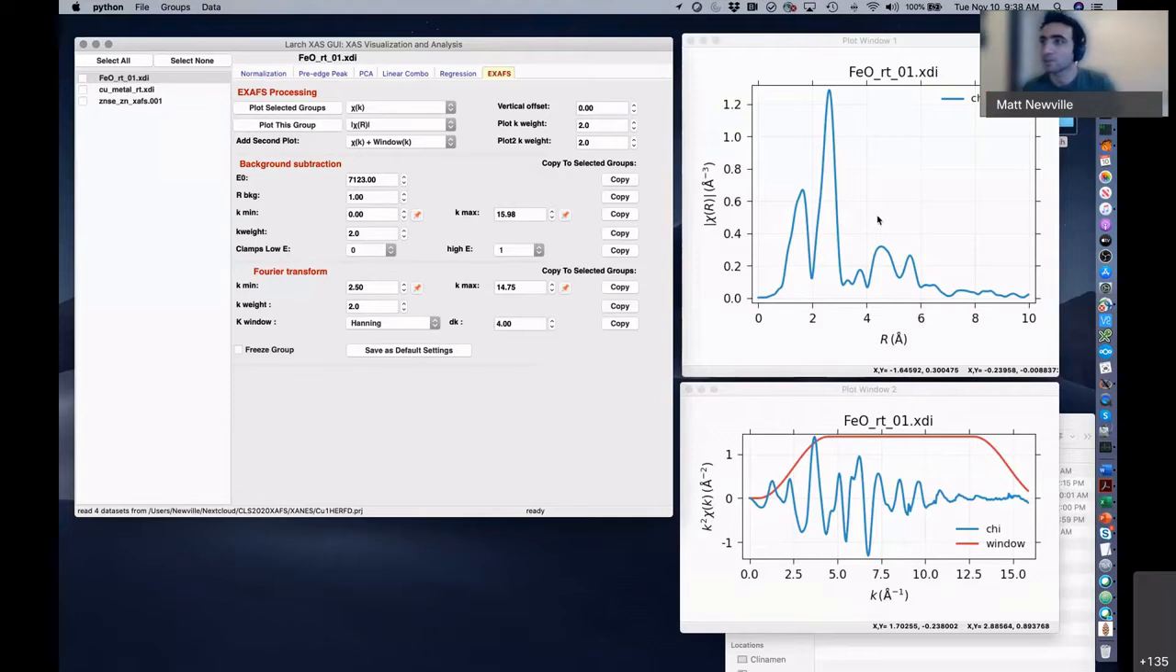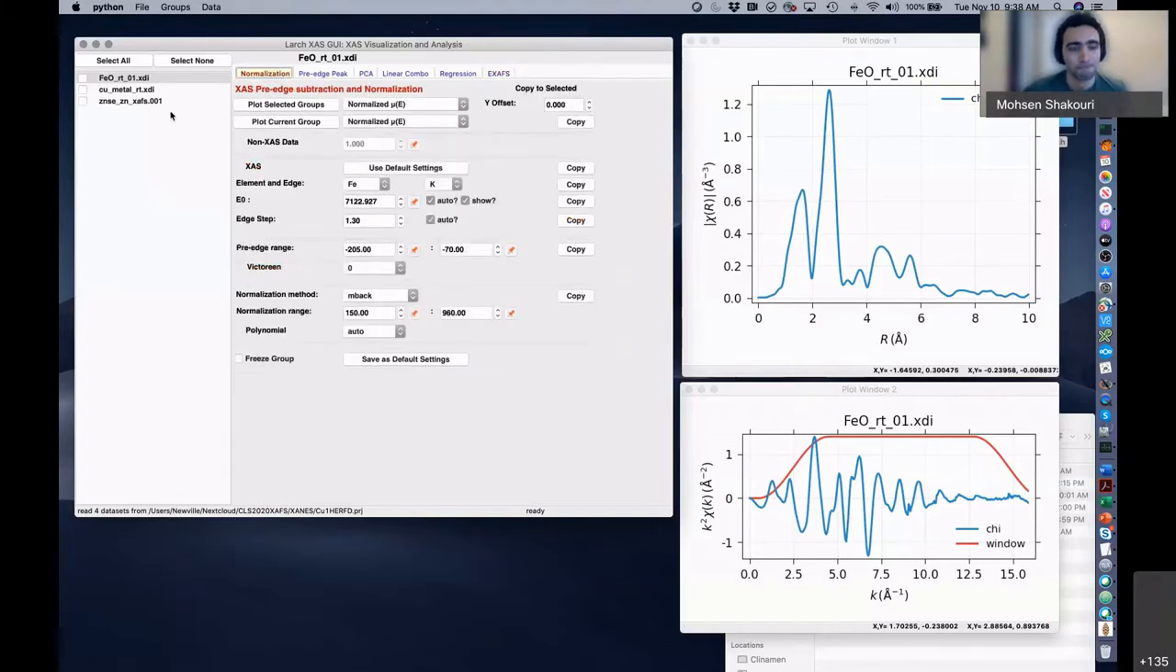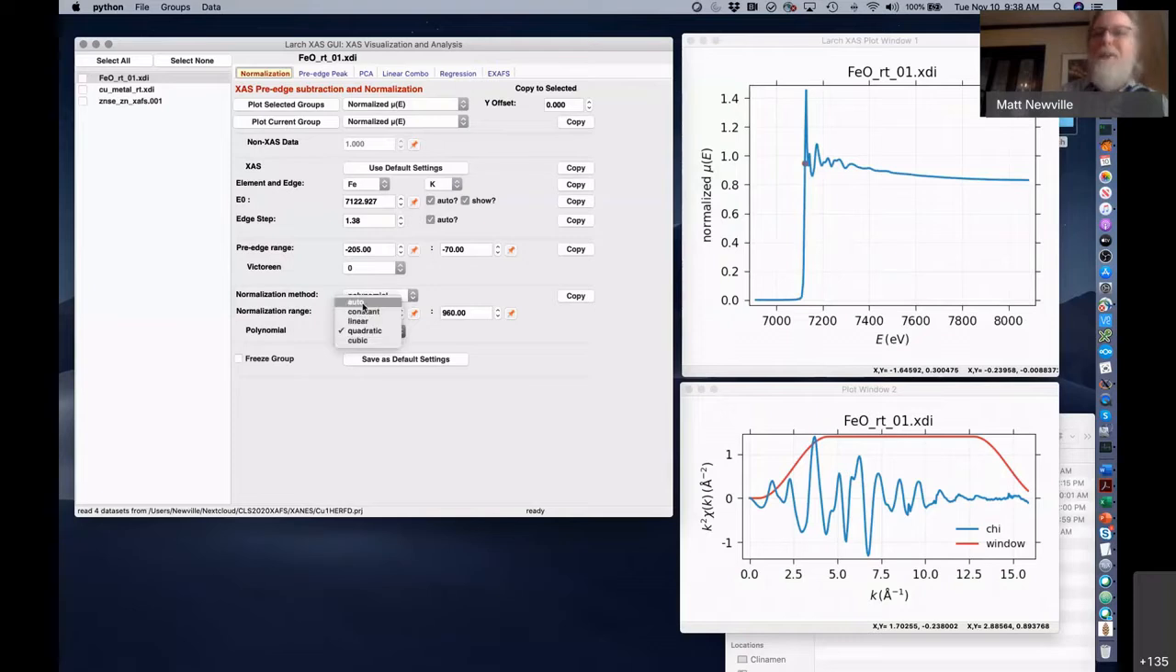I will start with the questions about the software. So the first one is, when you normalize, how do you choose your polynomial? Why did you choose quadratic instead of cubic? And then these kinds of questions. That's actually what I did. What I do is there's an option for auto where it will